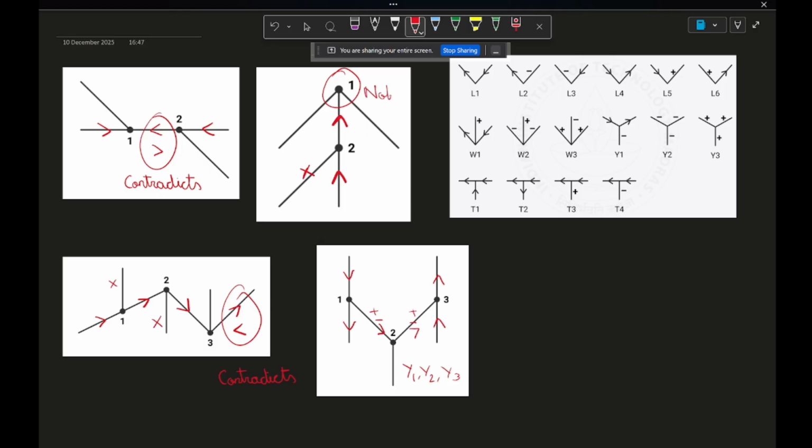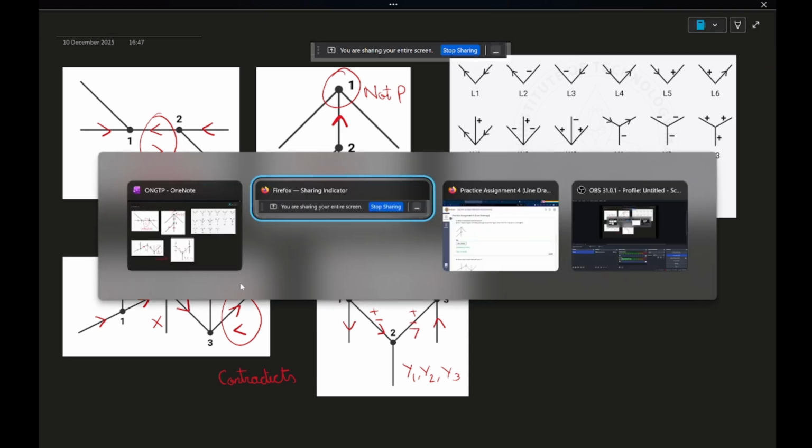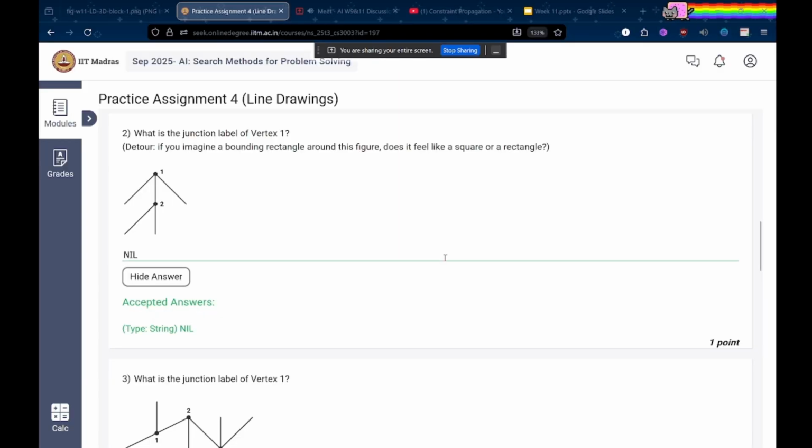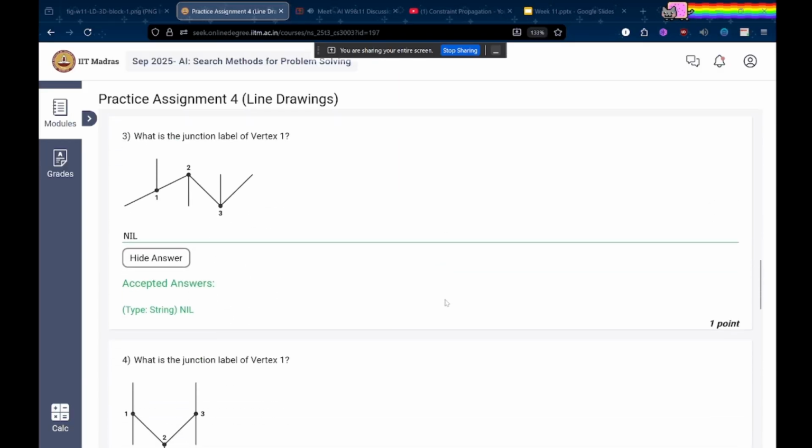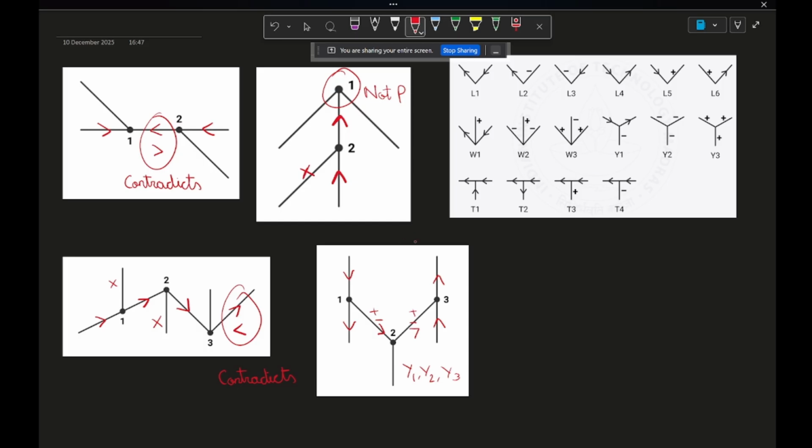The T1 T junction and two W's, where you have written contradiction in the black thing. Oh, right. That one, the first one was solvable. That vertex one, yeah, I forgot that. We should think of the entire complete diagram and answer at the particular level, because I do remember the top one where it was 3D. They had written to solve the complete thing and then start assigning the vertices. Got it. So I think if the entire thing is solvable, then only we are supposed to. Yeah, in this fourth diagram,